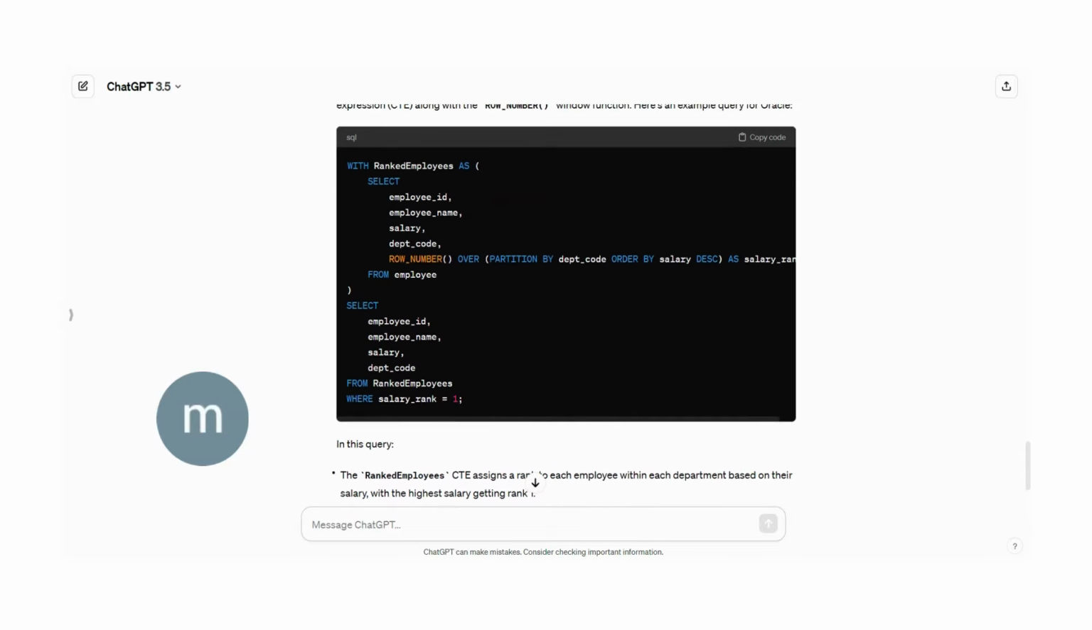So basically, here it uses a WITH clause. It uses a window function, and you see the department code wise, because in your employee table you have a department code. It used PARTITION BY and salary, made a descending order, and then it uses ROW_NUMBER, and it is basically using salary rank equal to one. So you see that